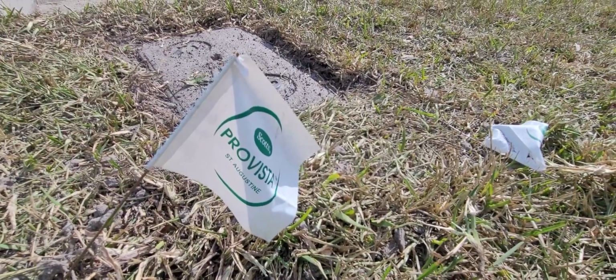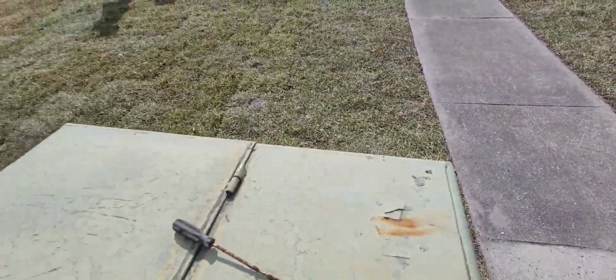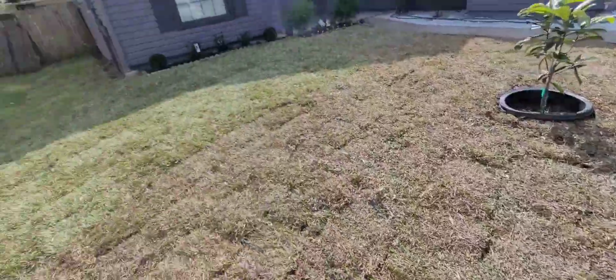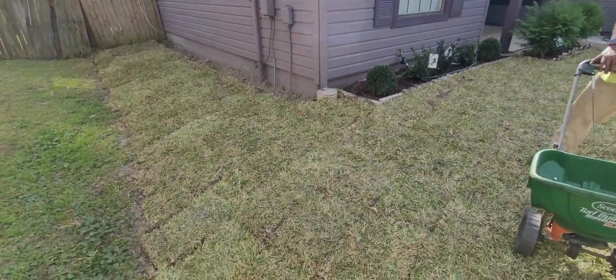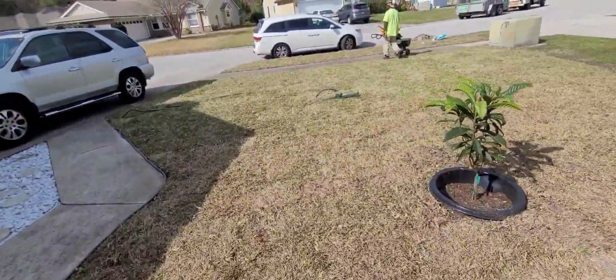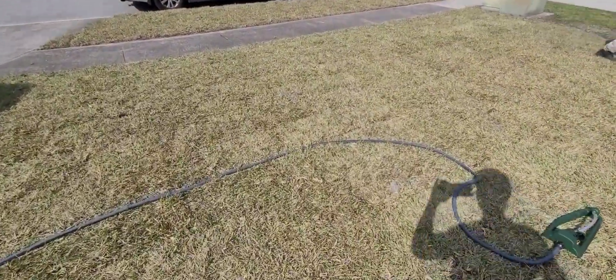Whether we install it in areas where there's direct sunlight, full sun like we have here in the front yard, this is an area where there's no trees and there's not a lot of shade, but the Provista also does excellent between houses and in those backyards where it's shady. So this is why I pretty much switched to installing exclusively the Provista, and I don't really put in very much Floratam because the Provista does so well even in the direct sun,